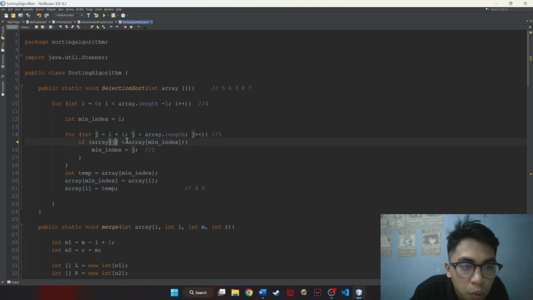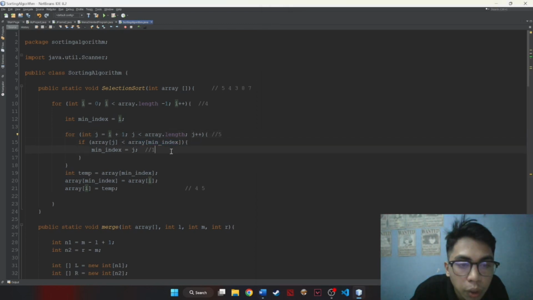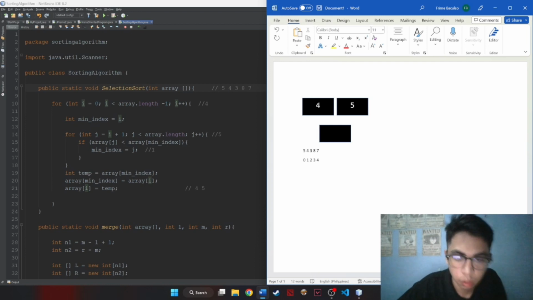Array j is now 2, 0, 1, 2, 3 is less than minimum index 1, 4. Again, array j is now 2, which means 0, 1, 2. So the element is 3. So into our index 2, and our minimum index is 1, still the value 1, 0, 1, 4. So now the minimum index is 4, and our array j,